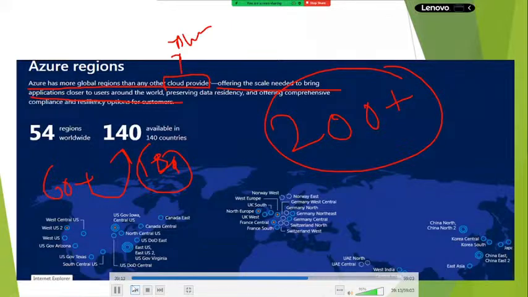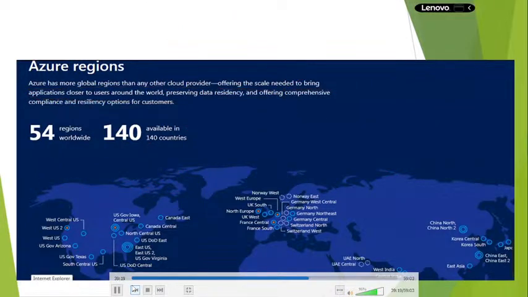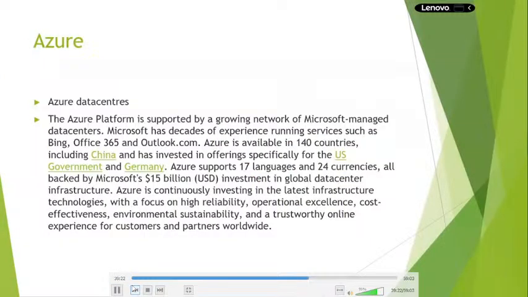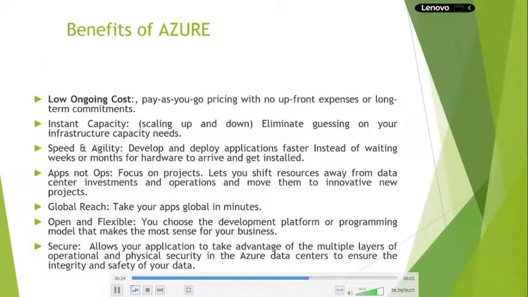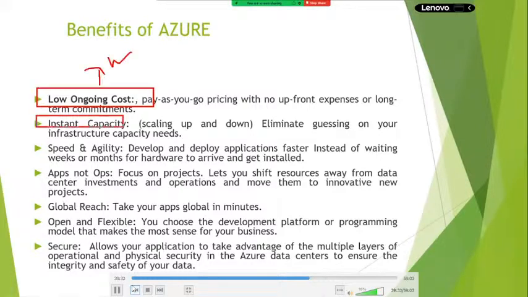Okay, clear? This is about Azure information. Next, why should we go for Azure? Why not AWS? Just now I gave a few points. Remaining, see, it is low cost. Compared to AWS, Azure costs less. Next, instant capacity.